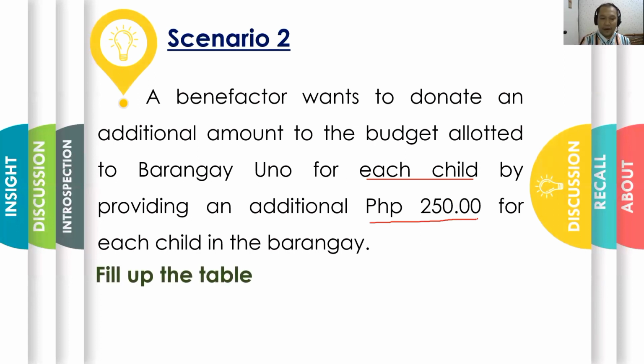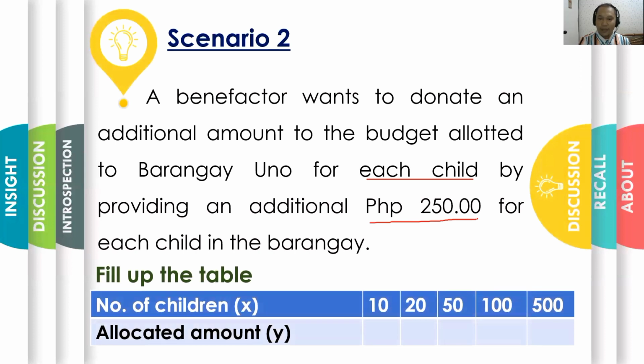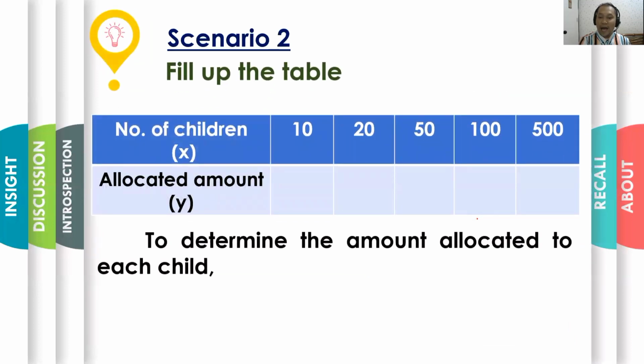Okay. Therefore, if we do have this table, what will be the amount to be allocated to each child? Now, since we do have 50,000 divided by n, and we came up with a concept, our answer is 5,000 plus the additional, therefore we do have 5,250. Next, if we do have 20, therefore 50,000 divided by 20, we have